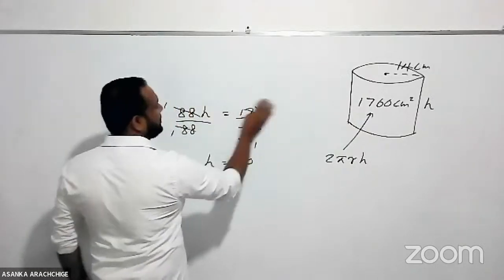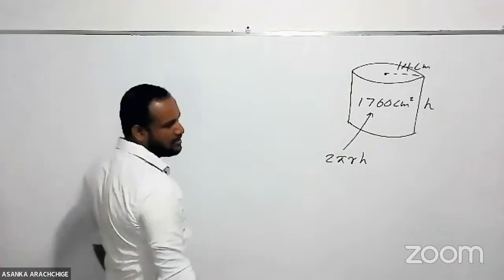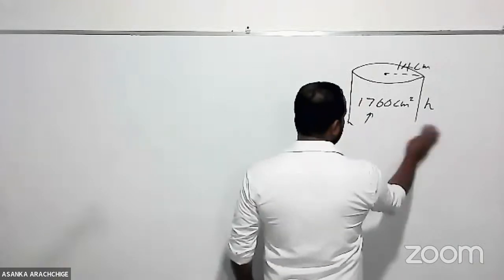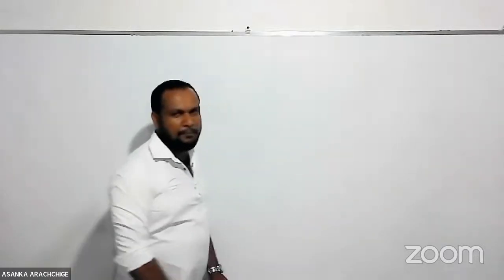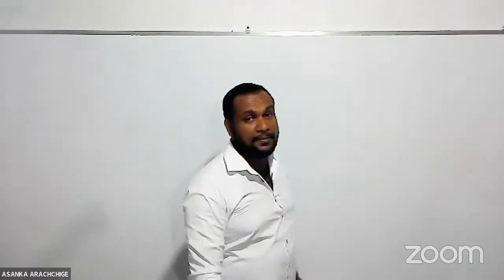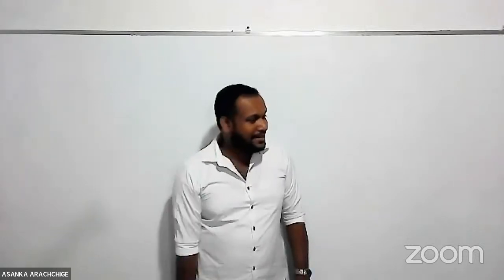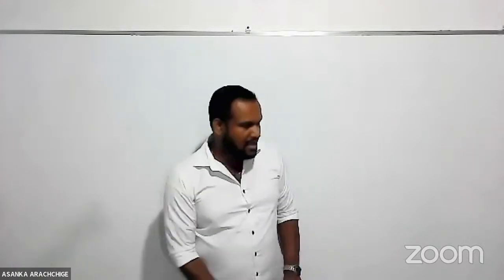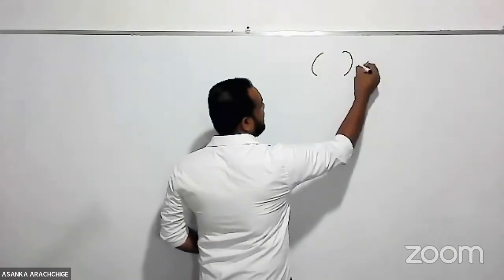To solve this sum, you should know how to multiply a matrix by another matrix, right? We can't multiply a matrix by any matrix. There is a condition that should be satisfied. What is that? To multiply two matrices,